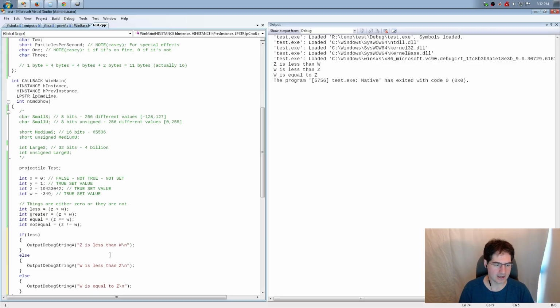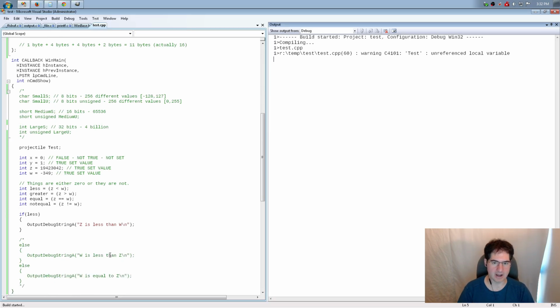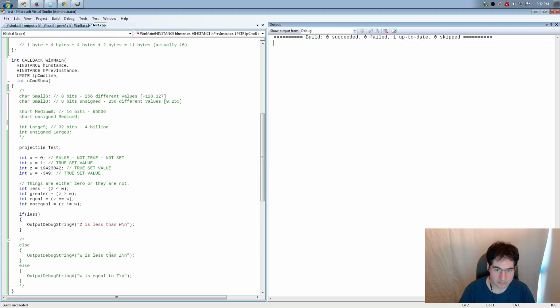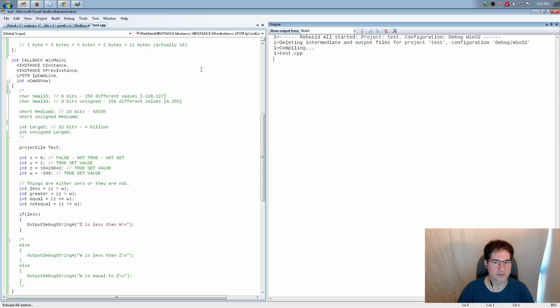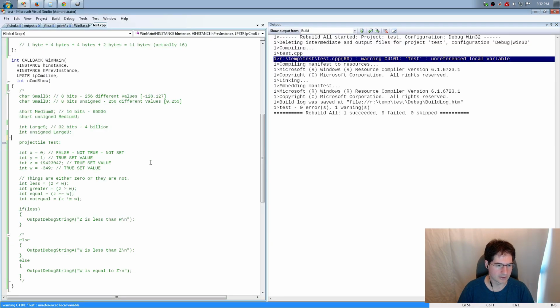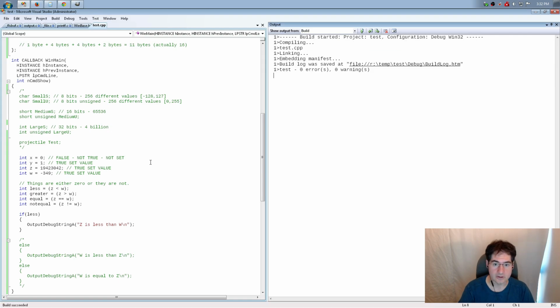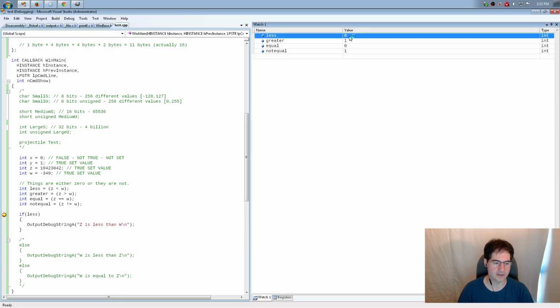Now, if that wasn't true, I can just leave it like that if I want to, right? I can make that be all that's going to happen. That could be the end of it. And now I could run that, and basically, oops, I've got to get rid of my rebuild test. I want to get rid of these warnings. I'm sorry that there are some warnings in here. So this we'll just sort of expand our comment out to, there you go. So no warnings now. So I run this, and you'll notice it did not actually print out this thing. And why didn't it print it out? Well, because less, as we know, as we stepped in here before and saw, is equal to 0.